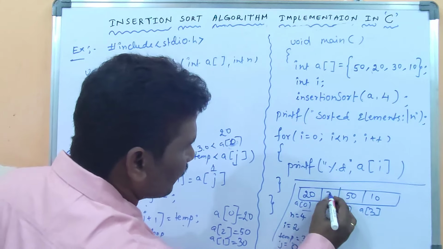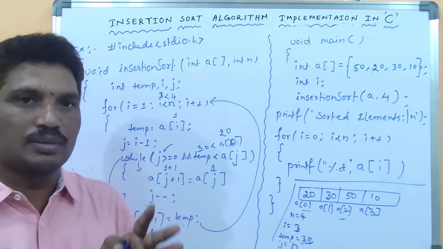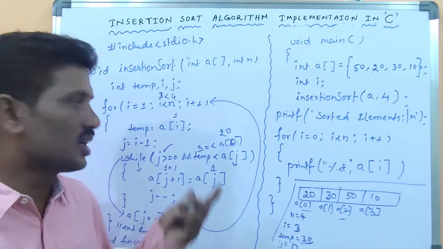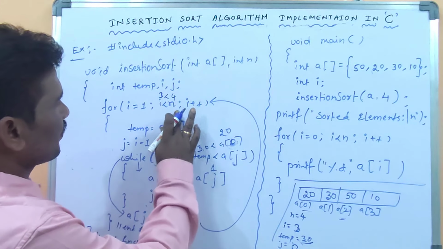then I value should be increased by 1. I value becomes 3. Because 3 less than 4, condition returns true. After executing this statement, again the control will come to here to increase the I value. You know it already. You know the nested for loop. Before understanding, you should know what is the procedure of the nested for loop. Then only you can understand this one. And then 3 less than 4, condition returns true.